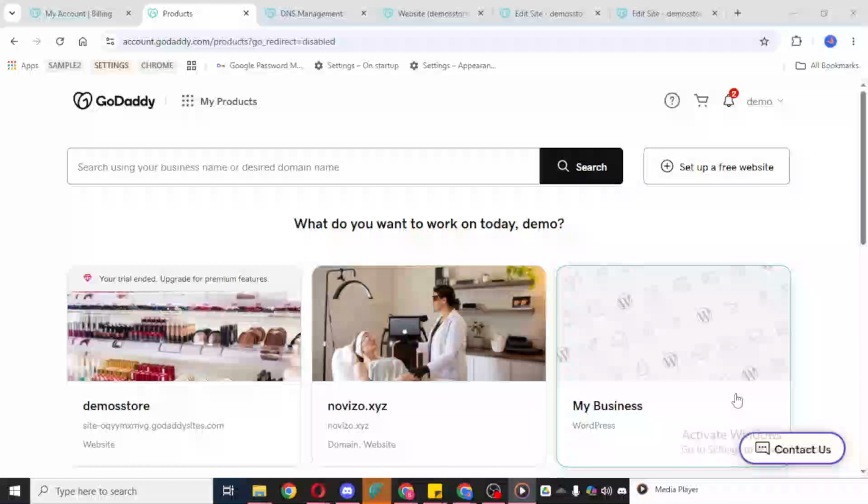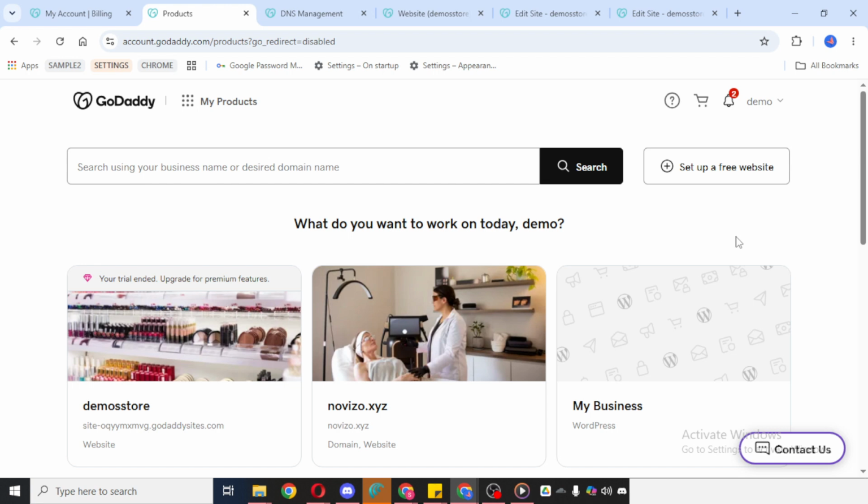In today's video, I'm going to teach you how to provide GoDaddy delegate access. If you need to let someone help manage your GoDaddy account without giving them your login details, delegate access is the safest and easiest option. It allows another person to work on specific areas of your account based on the permission level you choose, while you stay in control the entire time.